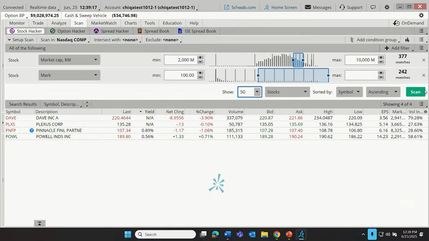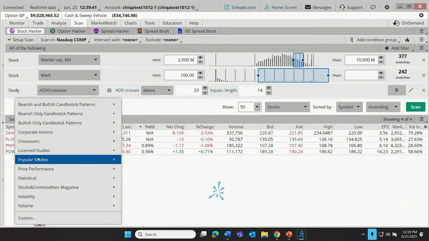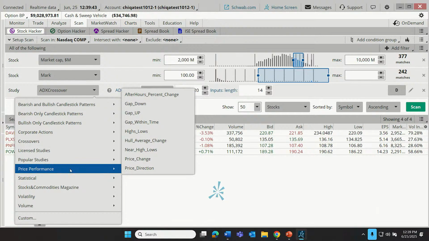How about we do another one? What if our trader is looking for something like, maybe their interest is in stocks that have been going up. So they're looking for uptrending stocks. It's been a strong market, so possibly they're only interested in stocks that are trading right at or near their highs for the year. How might we see that using a technical study? Well, let me come over here to studies, up to add filter and study. And that is actually a price performance metric. So we're going to look for prices near highs. So we're choosing as our criteria near highs/lows.